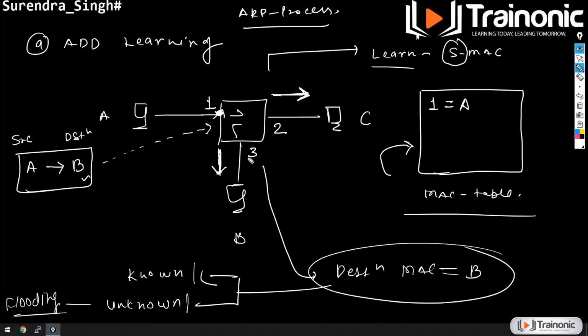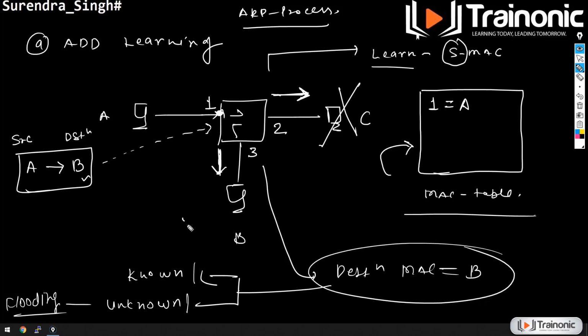Okay, so the frame's copy will be received by C and the frame's copy will be received by D as well. Now this device will drop that frame. Why? Because the destination MAC address is not matching its own MAC address.